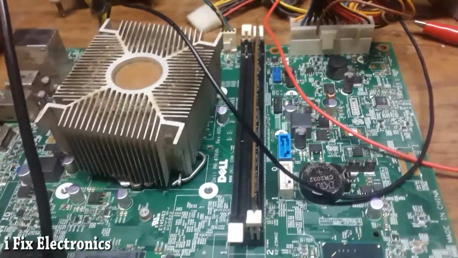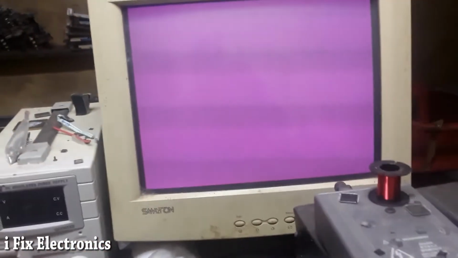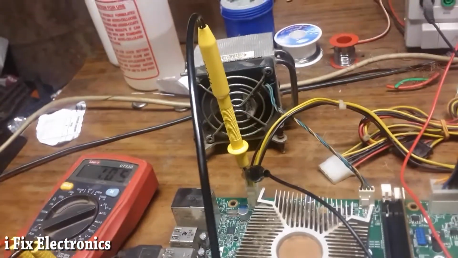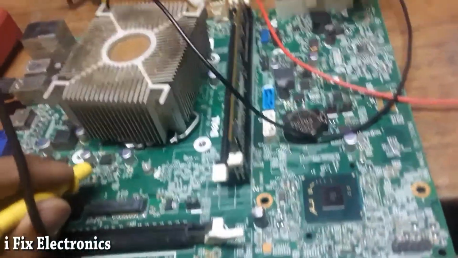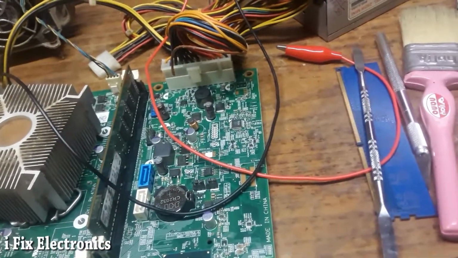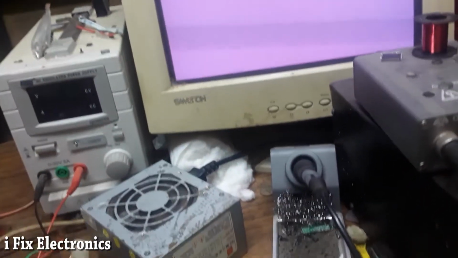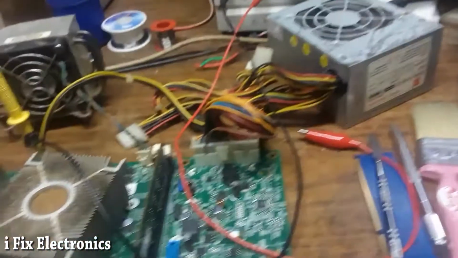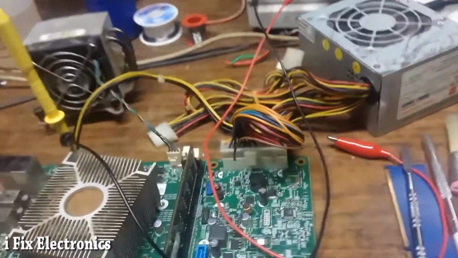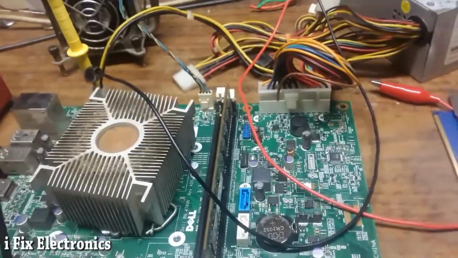As you can see, I have removed my jumper and now it's giving this color. And let me show you the voltage on this drain. It's 1.05, which is the PCH operating voltage. After bypass, my display is available, and if I don't bypass it, we don't get display. So let me bypass it with the jumper, and let's check whether our motherboard is working fine or not.